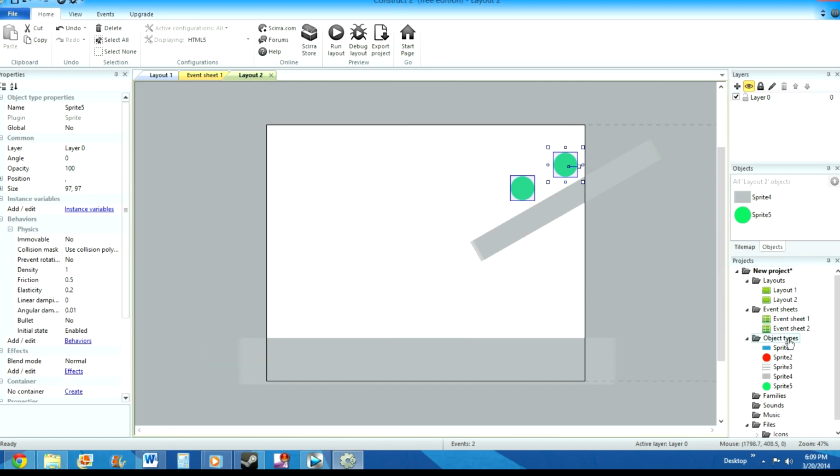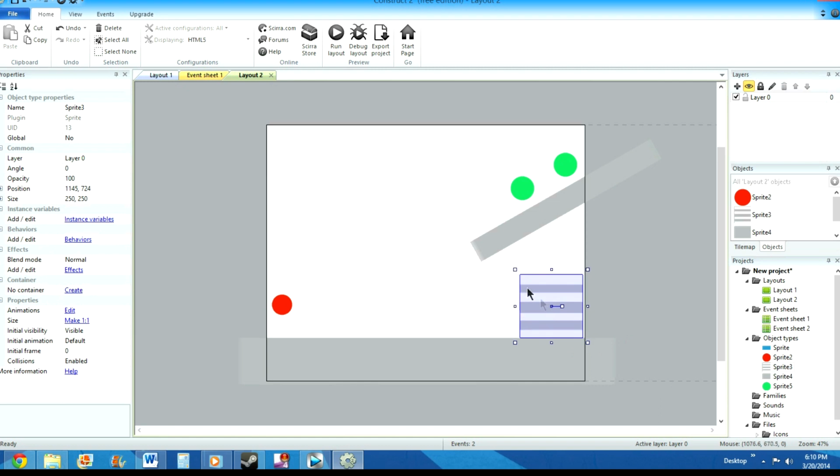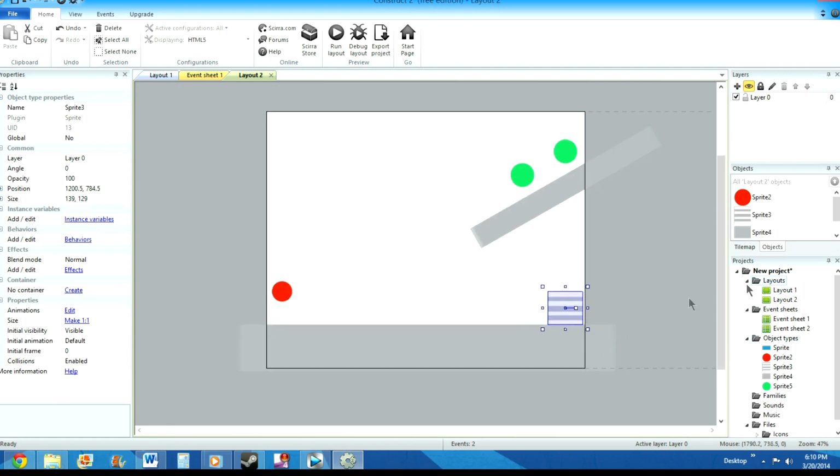And then we can go here to sprite 2, drag it on, and that's already programmed to what it's supposed to do. And then we can make a finish line, and we can make it go to level 3 if we wanted to by adding our layout,